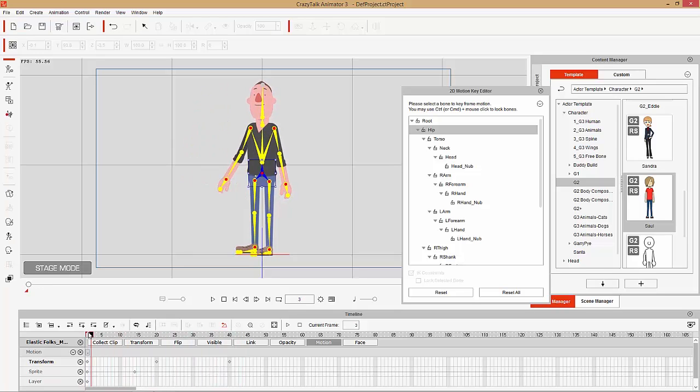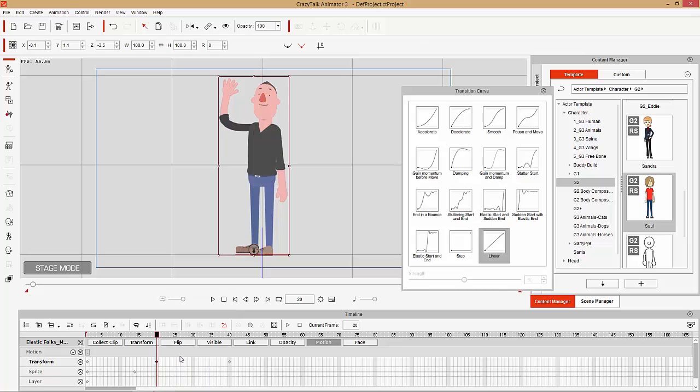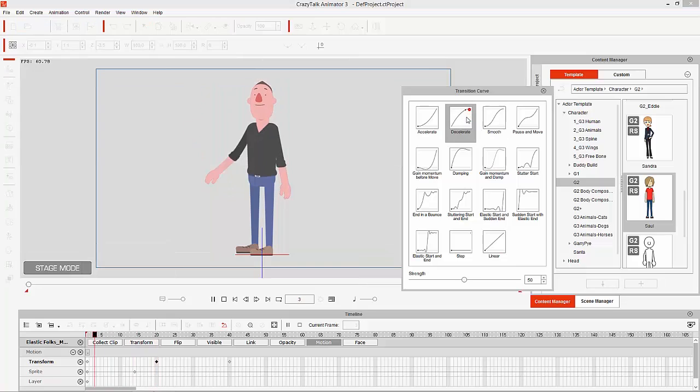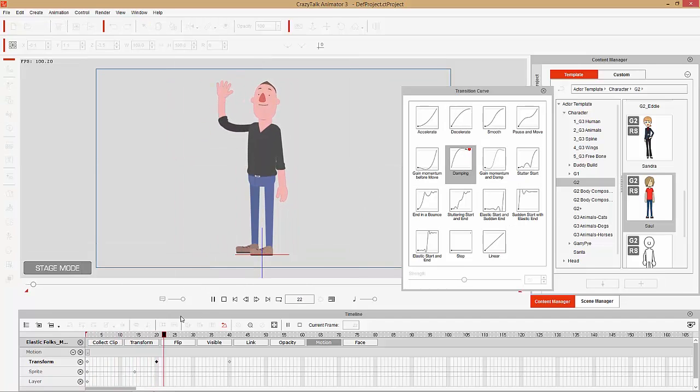All right. But what we can do is we can actually add some emphasis to these by using the transition curves. So I'm going to go ahead and right click on my transition or the keyframe in my transform track right here. I'm going to select transition curve. Okay. And what we can do here is now we can actually use a number of different transition curves. So let's see it decelerate. It'll have a lot of action closer to the beginning, and it'll kind of fade out as it approaches frame 20. Damping will have all the action at the beginning, and it'll kind of return back to the other frame